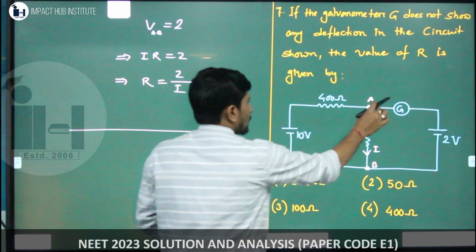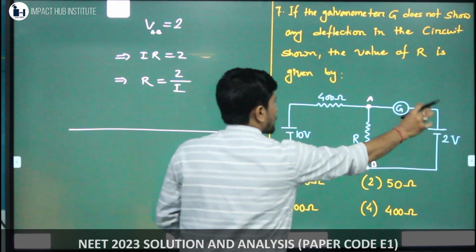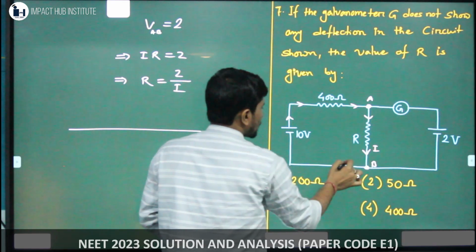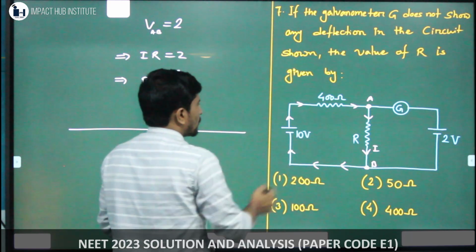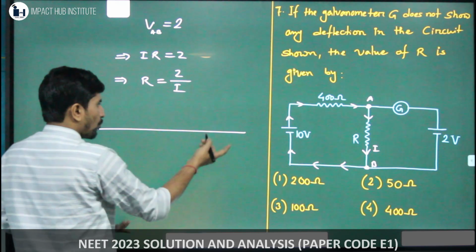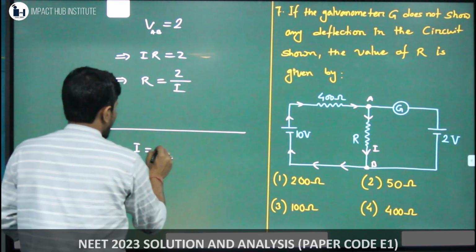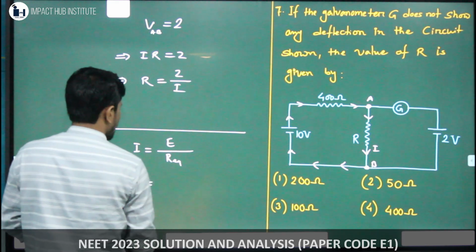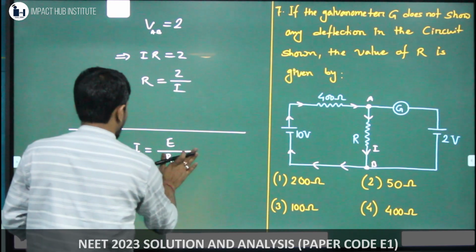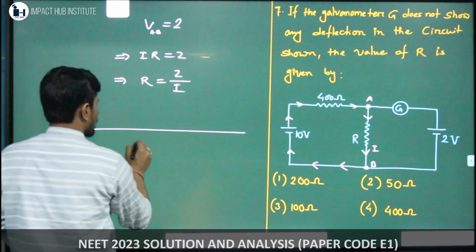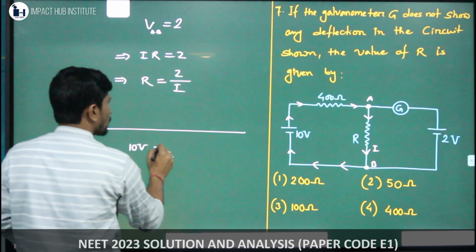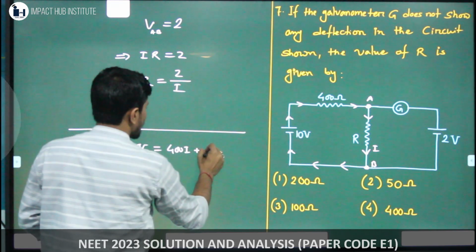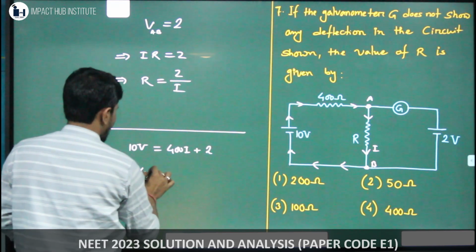The question says that there is no current passing through this particular section because the galvanometer shows no deflection. It particularly means that the entire current flows through this. So in this situation, if I want to write down Ohm's law, the current in the circuit will be equal to EMF divided by the equivalent resistance. Or if I want to write down Kirchhoff's law, the EMF should be equal to the sum of the potential drop 400I plus the potential drop across the resistance, which is 2 volt. So 400I equal to